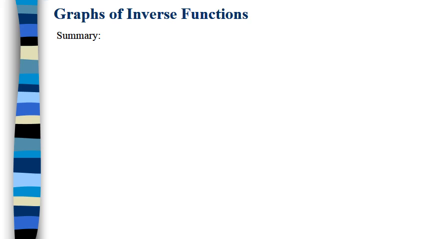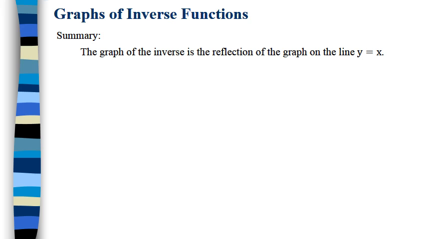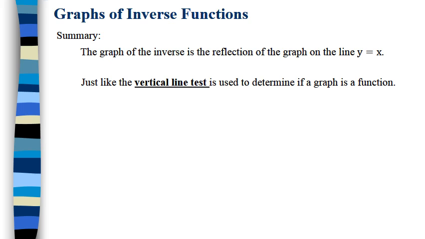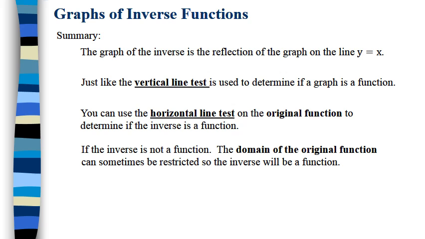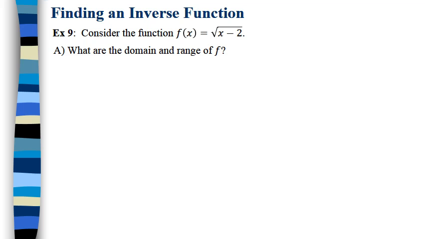So in general, if we graph inverse functions, it will always be a reflection across the line y equals x. Just like the vertical line test is used to determine if a graph is a function, we can use the horizontal line test on the original function to determine if its inverse will be a function. If the inverse is not a function, the domain of the original function can be restricted so that the inverse will become a function. So, for example,